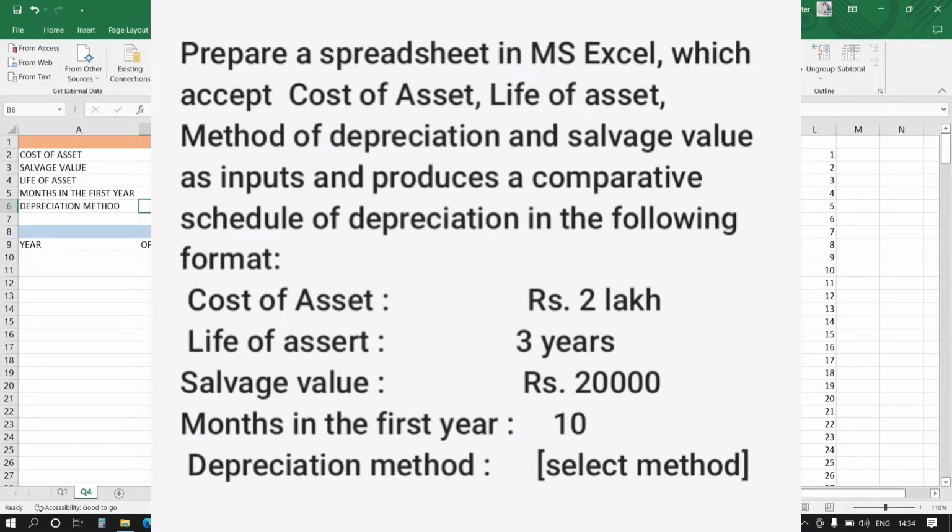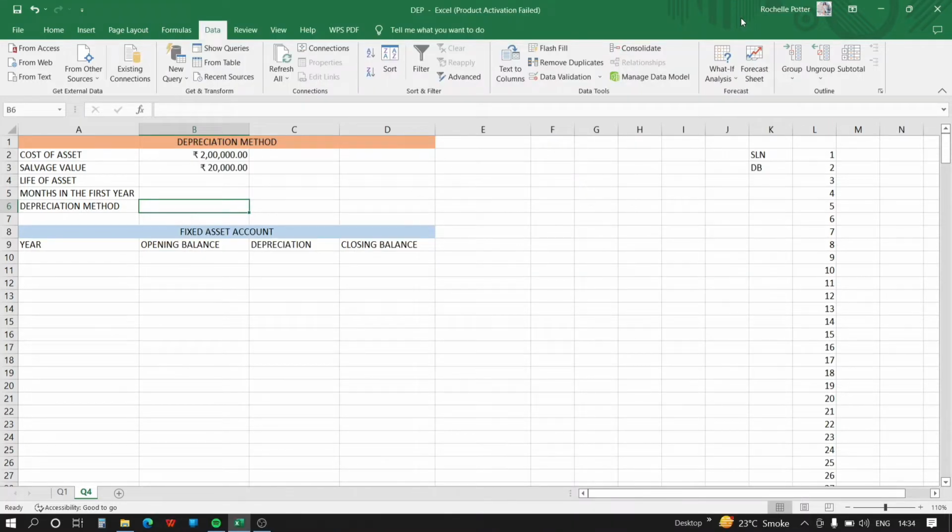Cost of asset is rupees 2 lakh, life of asset is 3 years, salvage value is 20,000, months in the first year is 10, and the depreciation method is select method, and we have to create a fixed asset account in which there will be year, opening balance, depreciation, and closing balance. So first we'll create this table including cost of asset, salvage value, life of asset, month in the first year, and depreciation method. Here in these three columns, that is life of asset, month, and depreciation method, we'll create a drop